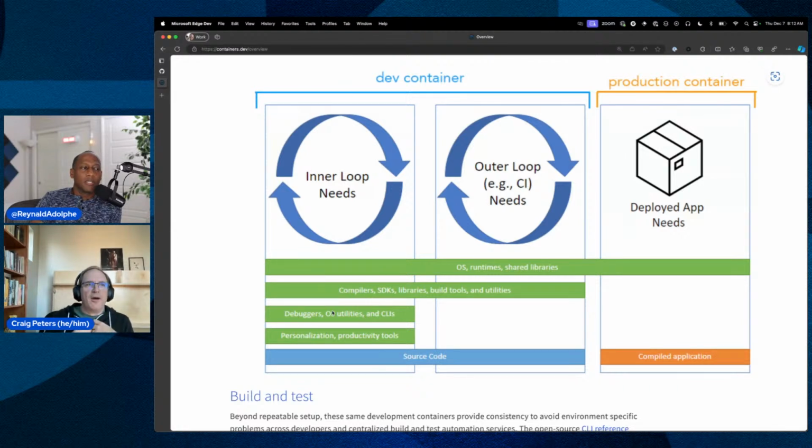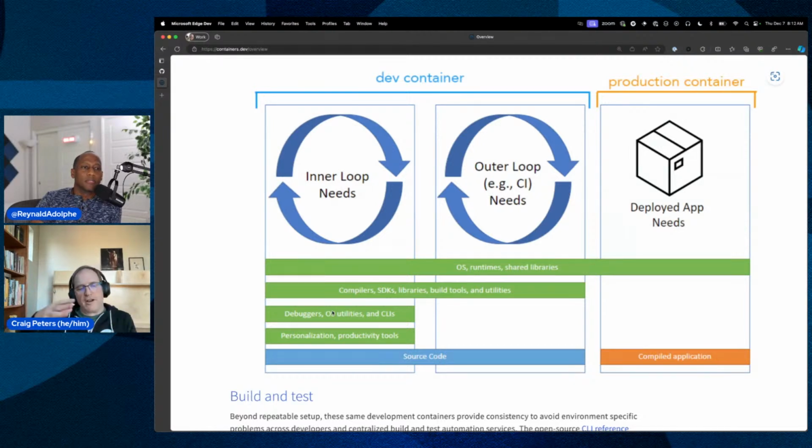Either I'm a person who knows deeply about the project and all of its needs and the things that change, and then part of my job is to maintain this environment definition, or I'm not a part of that. My job is just to write the code, and I don't have to worry about that at all. I can just get updates and changes as the project evolves and changes over time. So what that does is that gets me out of